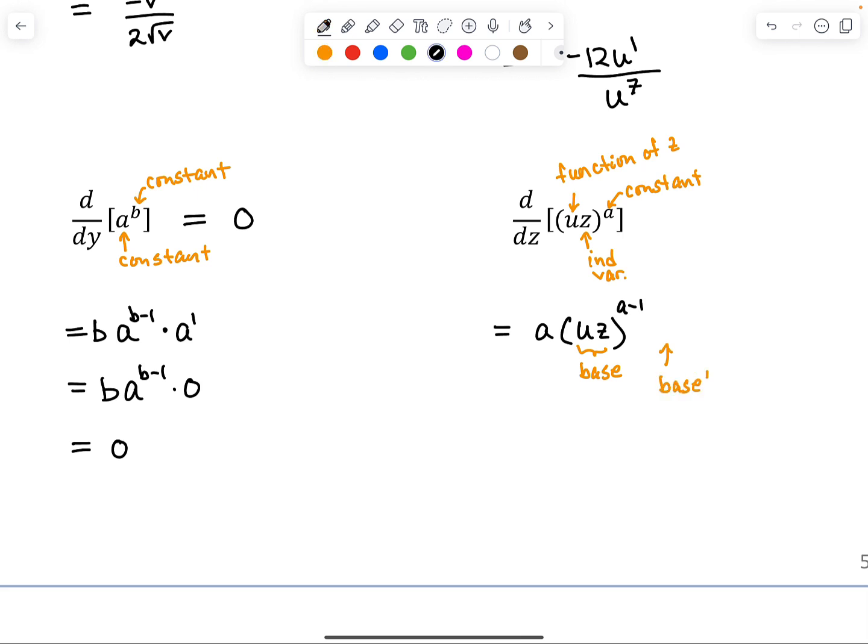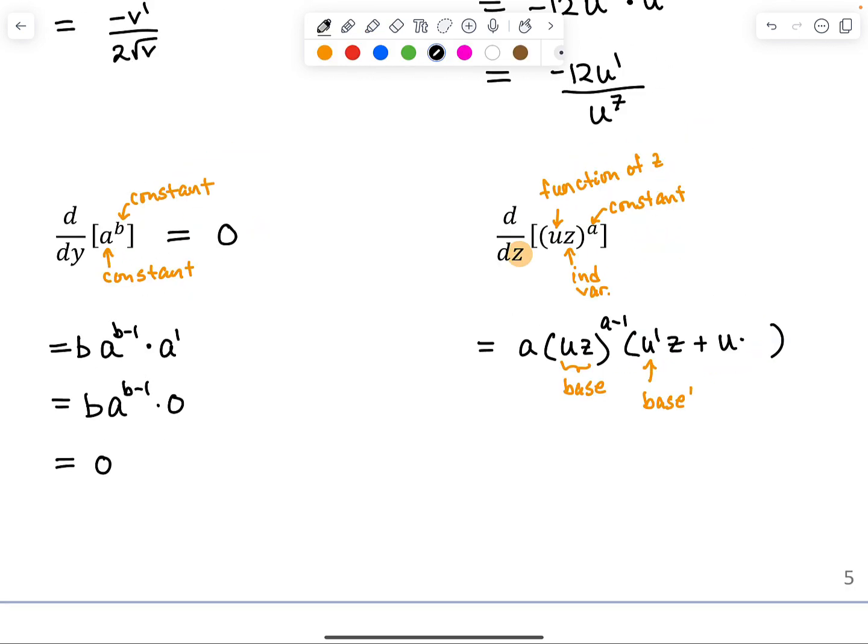Our base is a product. So for the derivative of the base, we need to employ the product rule, which would be the derivative of the first factor, so u prime, and I cannot say that u prime is 0 or 1, because I don't know what u is, times the second factor, plus the first factor times the derivative of the second factor, z prime. However, because we're thinking of z as the independent variable, z prime is just 1, just like the derivative of x with respect to x is just 1. Well, the derivative of z with respect to z is just 1. So this z prime I don't need to write. I'll put a 1 here, but in my notes I'll remind myself that that was z prime. So in the end, I can write a times parentheses u of z raised to the a minus 1 times